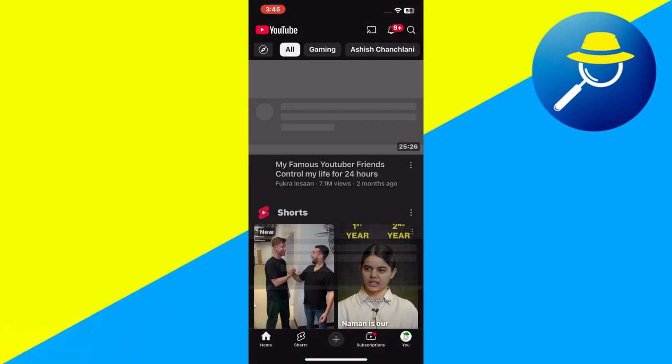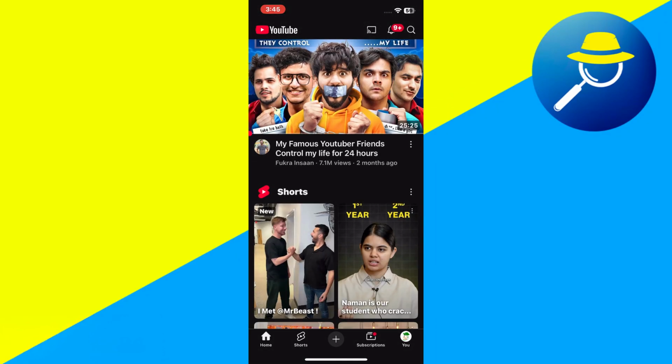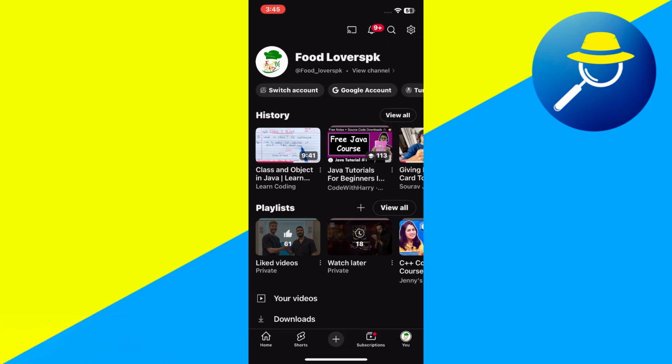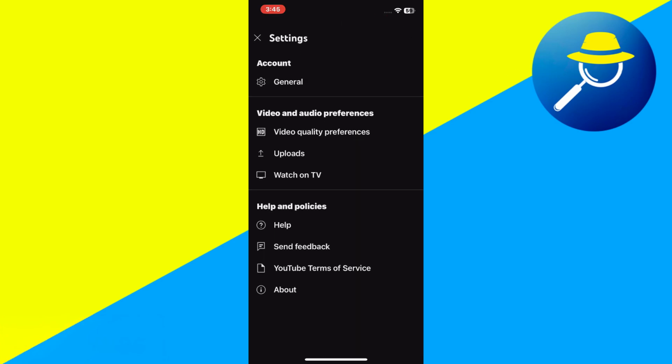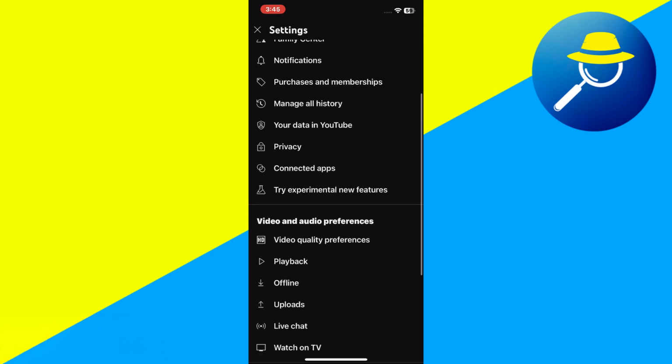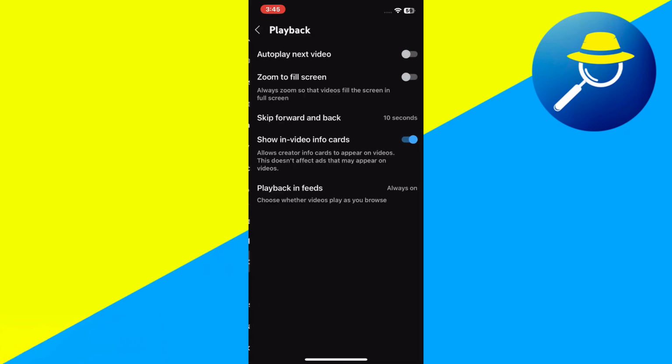Next, what you want to do is come down to the bottom right-hand corner and press onto your profile icon. Then what you need to do is come up to the top right-hand corner and press onto this gear icon to come into your settings. From here, go to Video and Preferences and press onto Playback, and you should now see the Show in Video